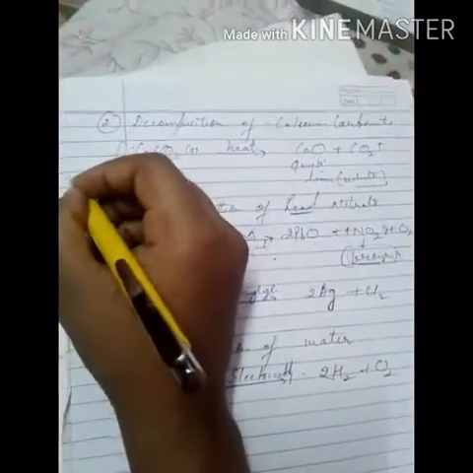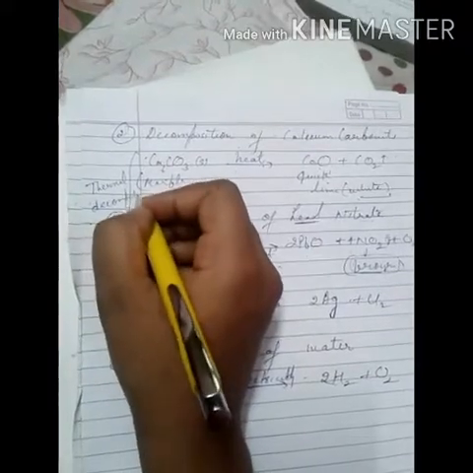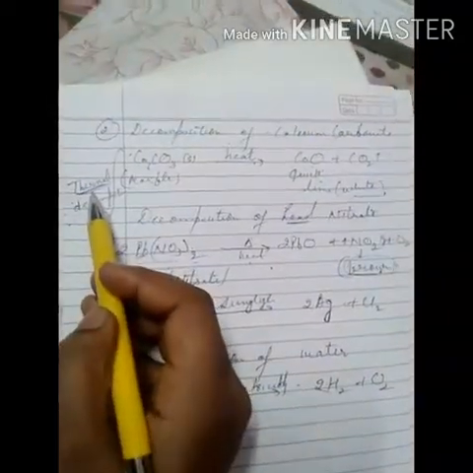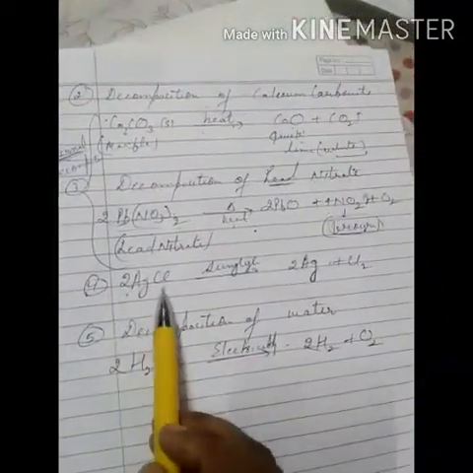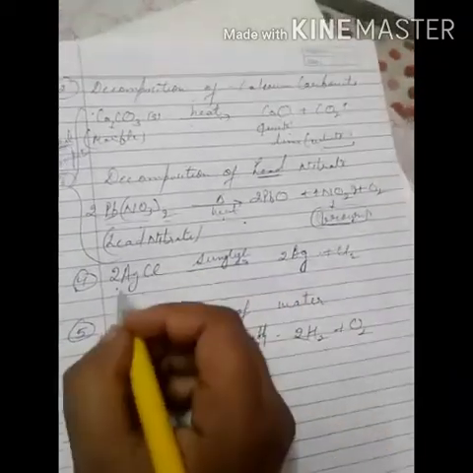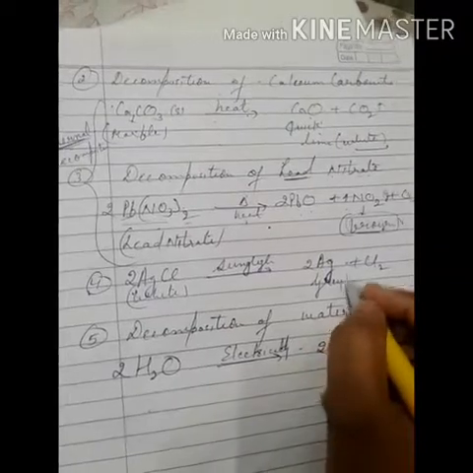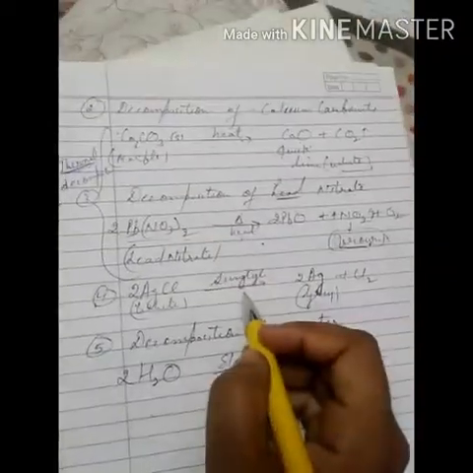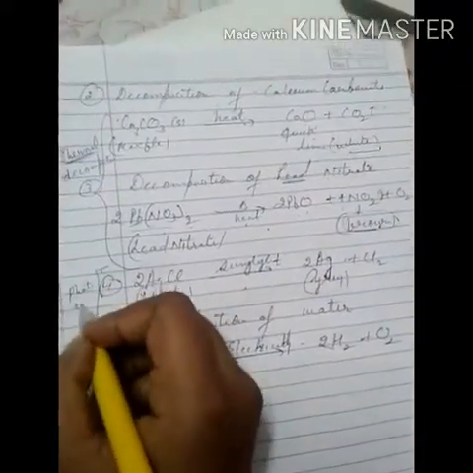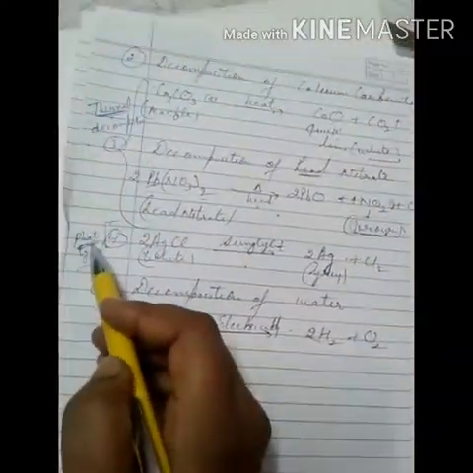Such type of reaction where heat is required is known as thermal decomposition. Means where we are bringing decomposition by using heat. Therm means heat. So next is decomposition of silver chloride. When we decompose silver chloride, it decomposes into silver and chlorine. Silver chloride is of white color, and silver, as you know, is of gray color. This example where decomposition is brought about by using sunlight is known as photolytic decomposition. Photo means light.